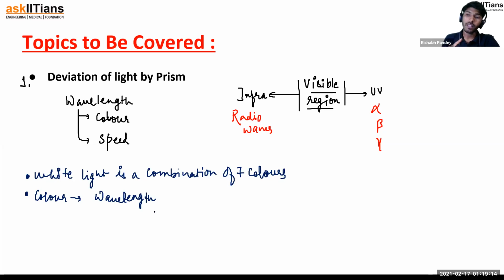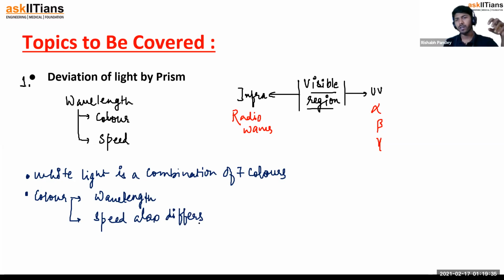And the speed of the light also differs due to the wavelength. So generally what happens, that when a white light enters, it's traveling in air, and they all travel almost with the same speed. But as soon as I change their medium,